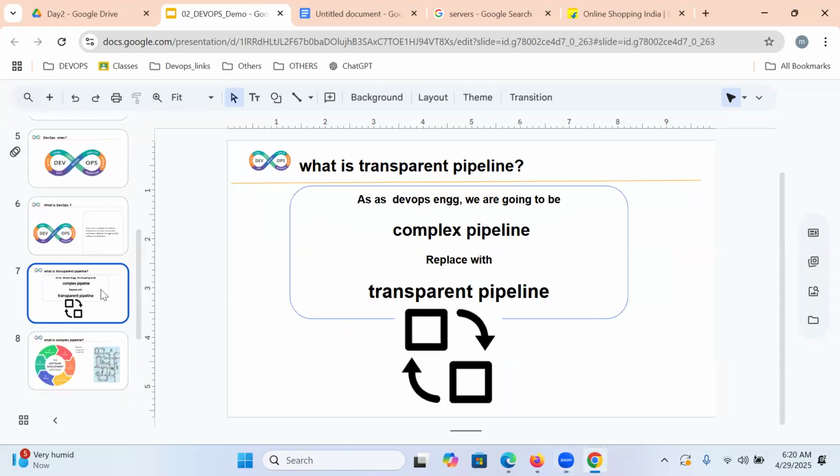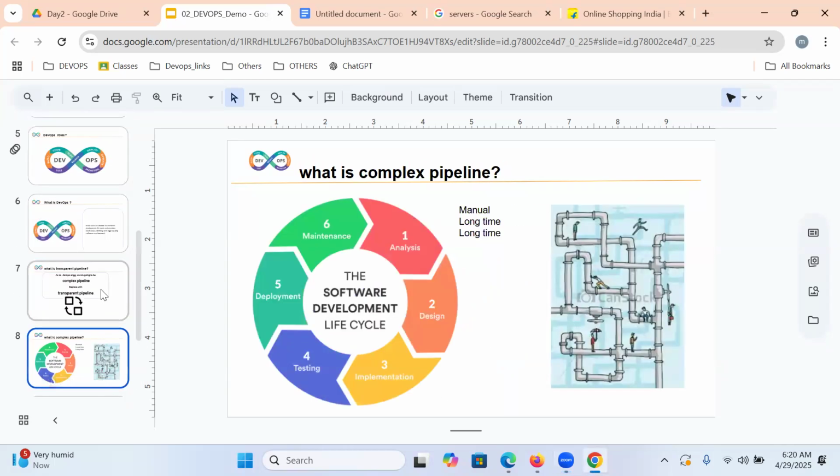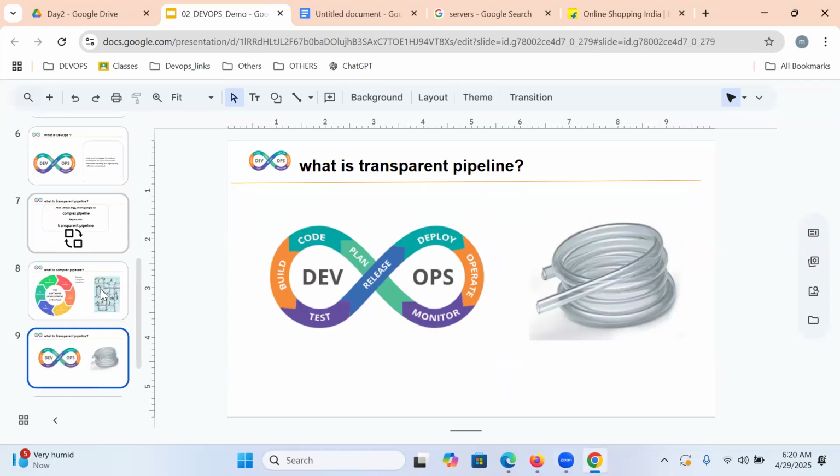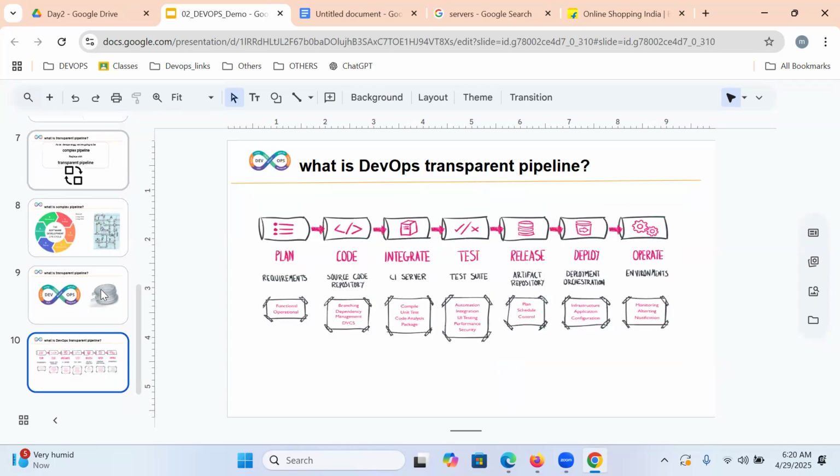So that is the reason we are replacing our complex pipeline with a transparent pipeline. But what does the actual DevOps transparent pipeline look like? In this DevOps transparent pipeline, we have planning, coding, integration, testing, release, deploy, and operations.